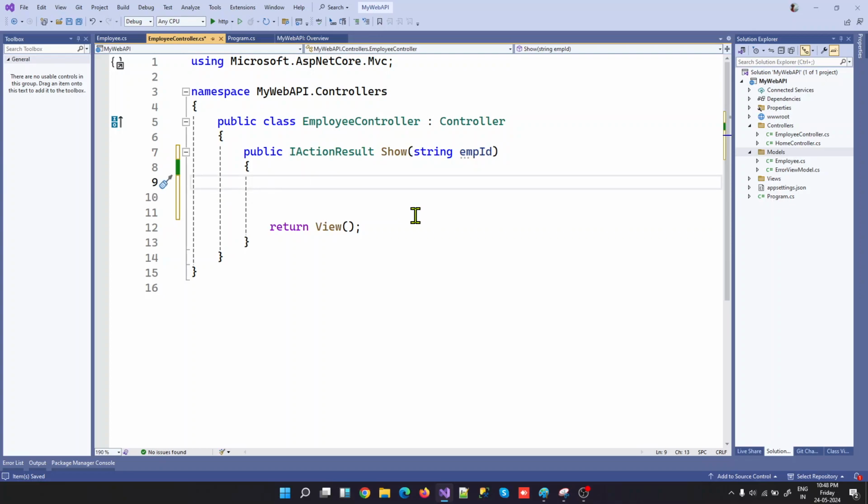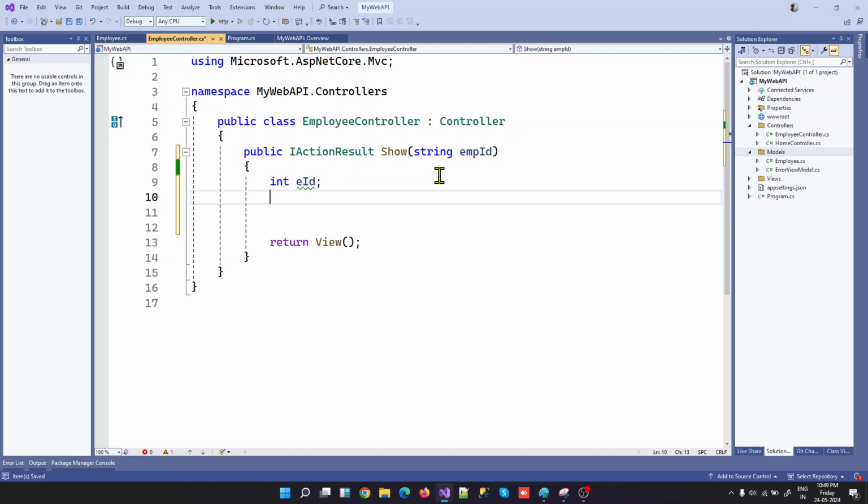The second thing would be to check whether this is an integer or not. Let's say we want the employee ID as an integer. So let me do this check. We can do this by getting this employee ID into a variable, EID for short, and then we can write